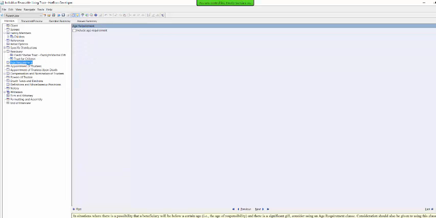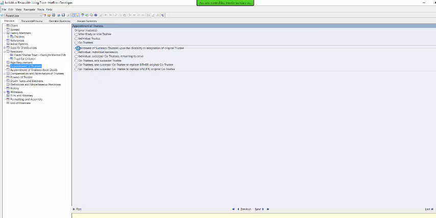Then we just get age requirements if we're going to include overall appointment of trustees. This is one where you're getting into some more complexity. So if we're going to do co-trustees as original trustees, we're going to do that. And then we've got appointment of successor trustees. So if we've got individual successor, individual successor co-trustees, co-trustees sole successor, co-trustees one successor co-trustee, you've got a number of different ways that we can handle